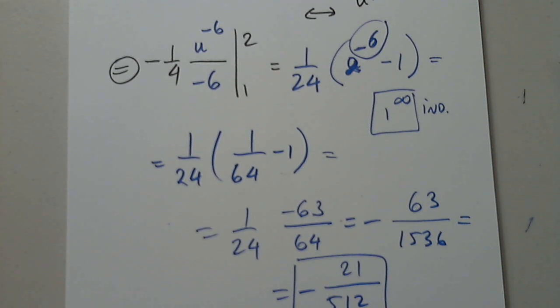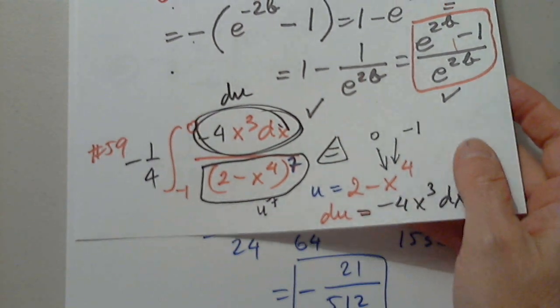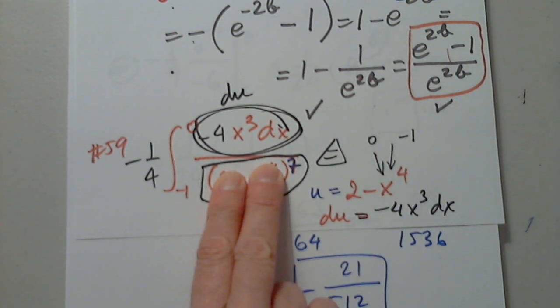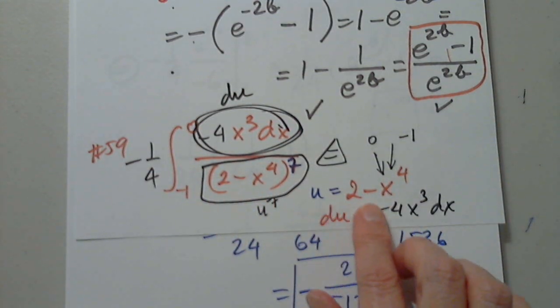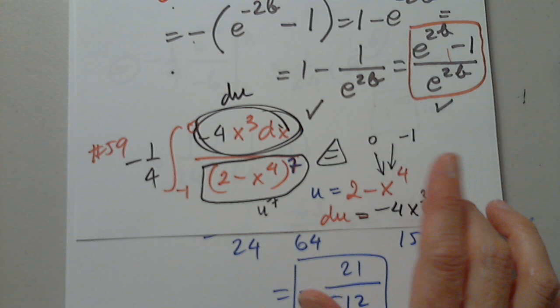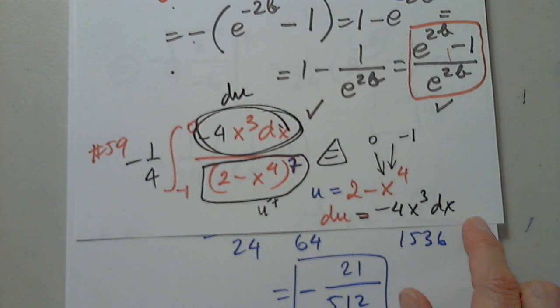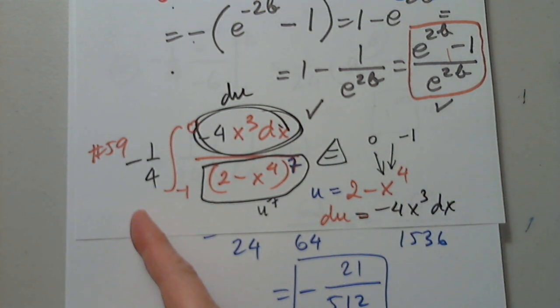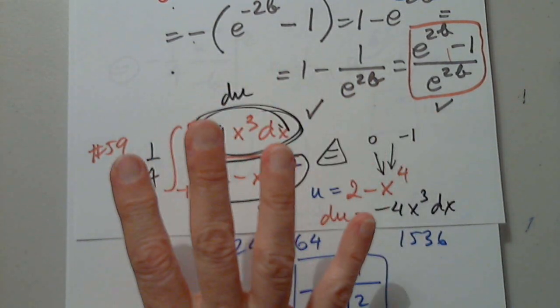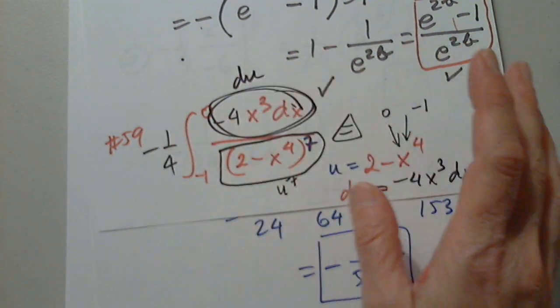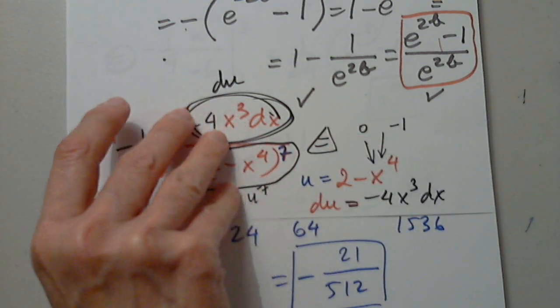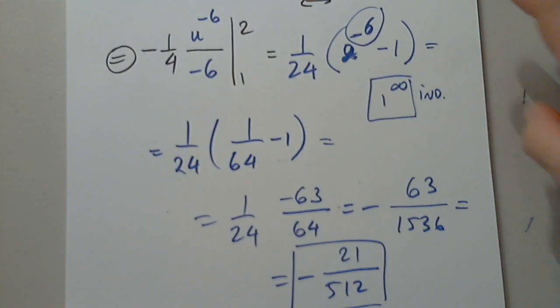So let's go back for a second to this one because it has more steps than the previous ones. I realized that these two terms are in the way. So we said, okay, let u be 2 minus x to the 4th. We have to find du, which is negative 4x cubed dx. And I could have solved for x cubed dx, which is du over negative 4 anyway. Or I'll say, fine, I'll multiply the numerator by negative 4 and I multiply the denominator by negative 4. This is 1, no change. This is du, and this is u to the 7th. Afterwards, we got